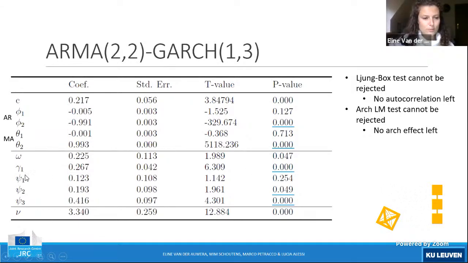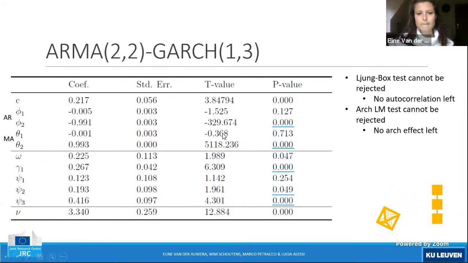And for the GARCH part, we also saw that several parameters were highly significant. Moreover, if we take the sum of these 4 terms here, it is roughly equal to 1. If I remember correctly, it is 0.994. And because it is so close to 1, this is another indication that the log returns of Bitcoin are extremely